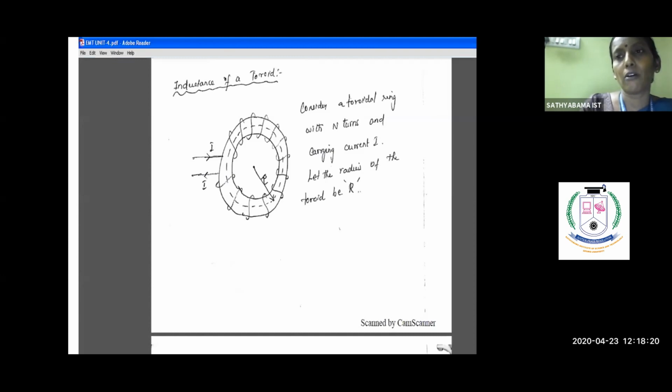And we have small r also, which is used as the radius of the circular ring here. When you go for the cross-sectional area of the circular ring, A is nothing but pi r square. So the small r represents the area of the ring here. Your capital R represents the path of the flux that crosses the iron ring here.